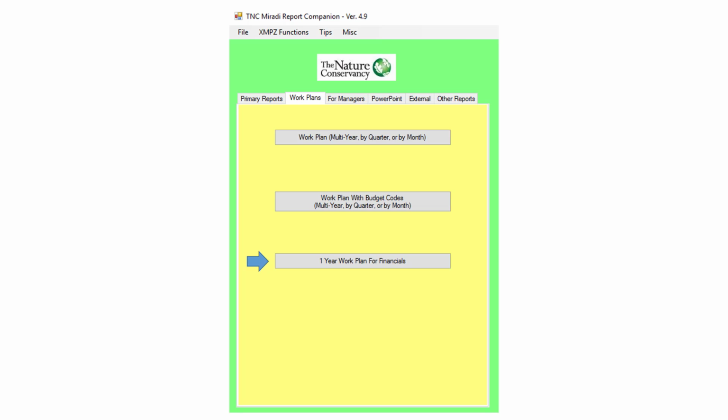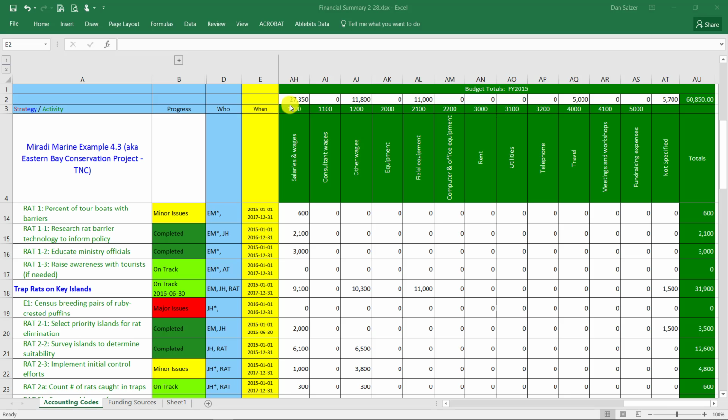The final Excel report I'll show includes 1-year work plan financial information, and this is on the work plan, the second tab over. There are 2 worksheets in this report based on the settings I made when running the report, where right now we're looking at a summary by accounting code. So you can see for the project total for FY15, the salaries and wages total, field equipment, things like travel